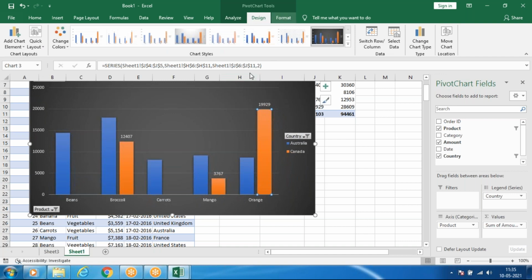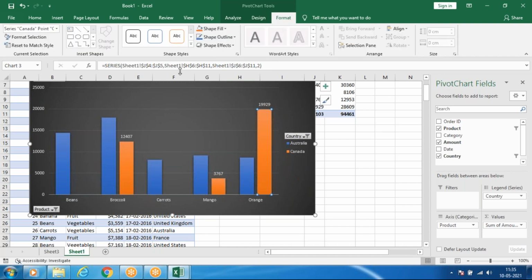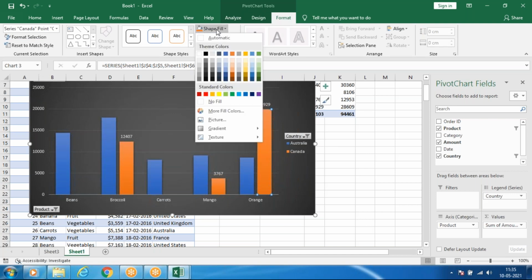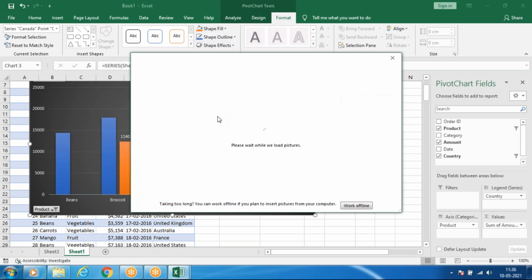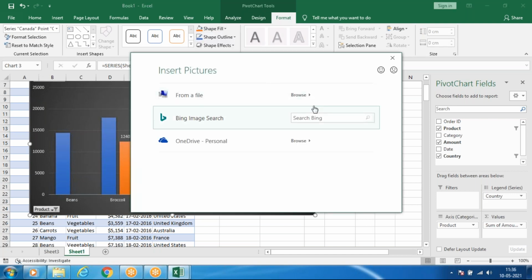And each thing you can give colors also. For objects how we are giving, same thing you can give for this also. Select this, you can go for Fill, Picture. If you want any picture, you can insert it in that.